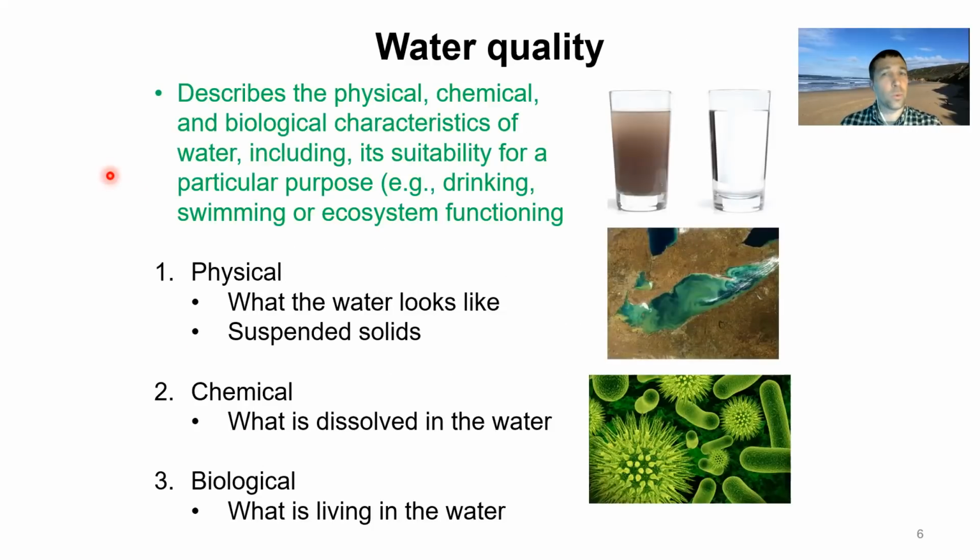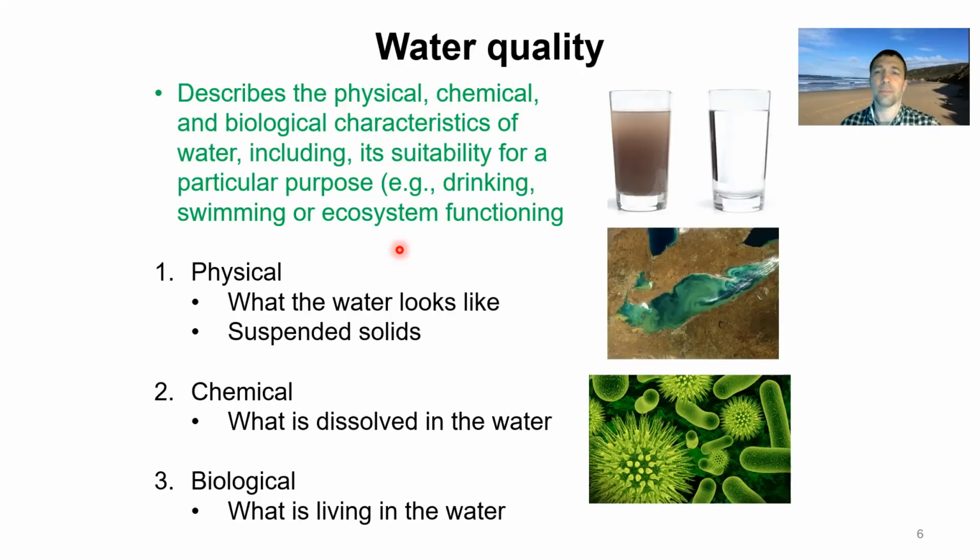All right, so what is water quality? Well, we defined this in the previous lecture. And simply put, water quality describes the physical, chemical, and biological characteristics of water. Okay, and this often includes its suitability for a particular purpose. So the quality of water for drinking, for example, has different guidelines than for recreational use or for the proper